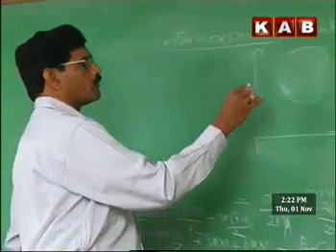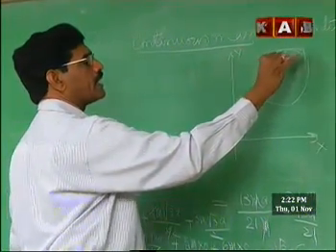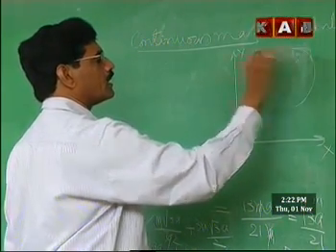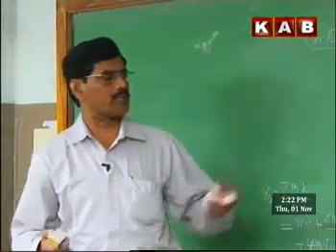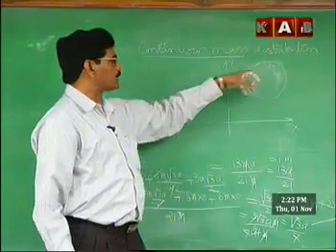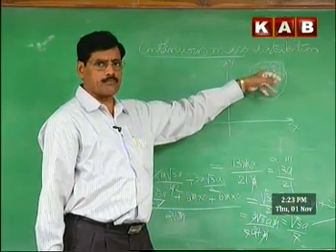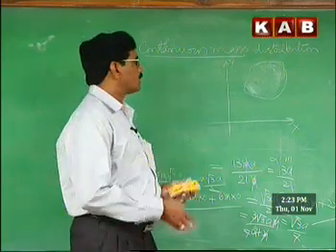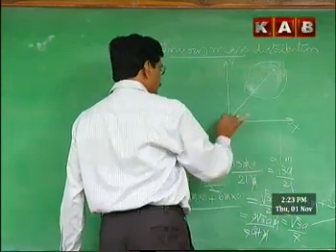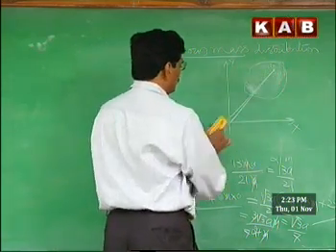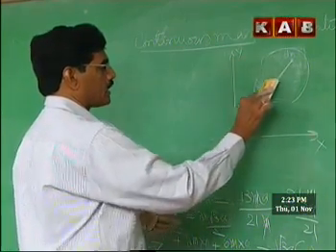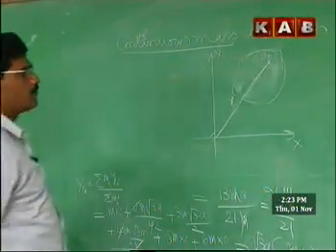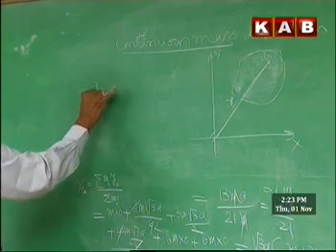In such a situation, what do we do? We imagine this to be divided into small elements. Imagine that the given distribution is divided into infinitesimally small elements. Consider one infinitesimally small element of mass dm. Though it may contain particles, we imagine it as a single particle. Let R be the position vector of that particle. Then the center of mass of the system is